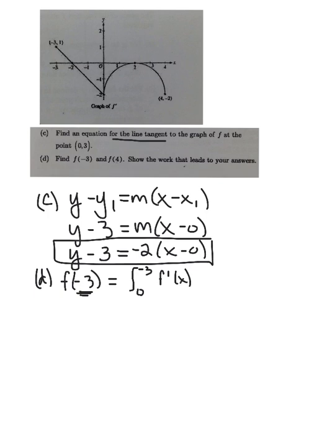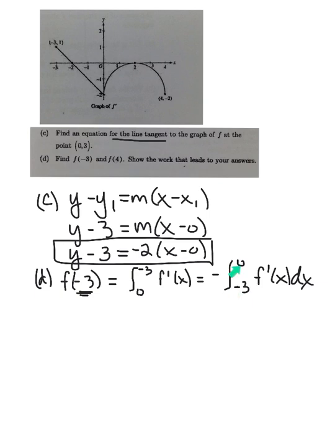Now, hopefully you see that we can't have bounds like that. Our larger bound can't be on the bottom. So I'm going to negate, and then I'm going to flip those bounds. Higher number on the top, lower number on the bottom, and now we are good to go. Okay, so this is just basically asking you, let's find the area under the curve of f prime of x